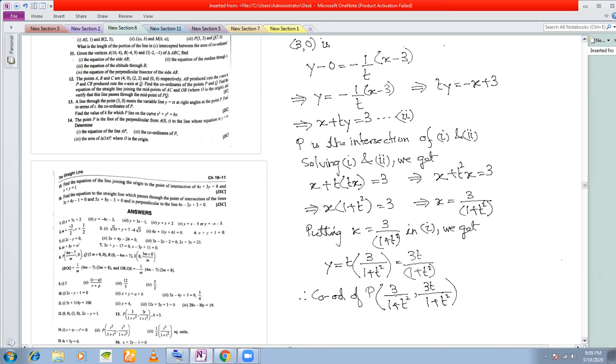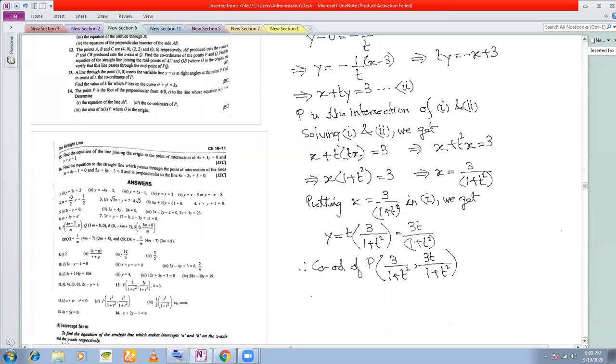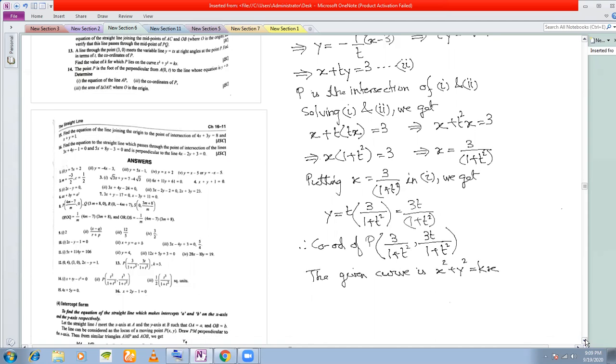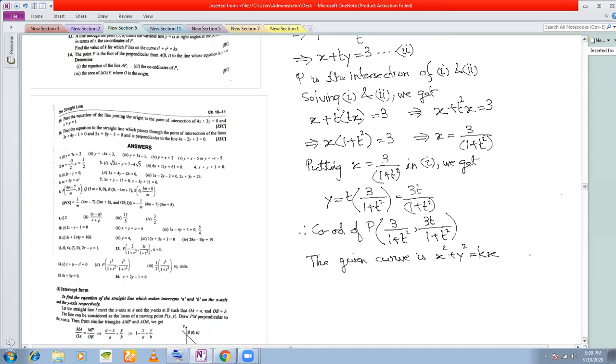And there's a second part to this question. The second part is find the value of k for which P lies on the curve. Now what is the curve given here? The given curve is x square plus y square is equal to kx. Now if P lies on the curve, it must satisfy this equation, isn't it? Let's call this 3. If P lies on 3,